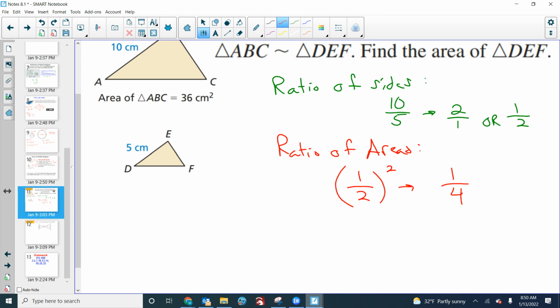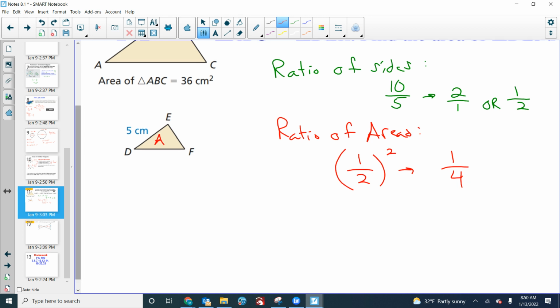And again, this is another one with easy numbers. You probably do not need to set up the next proportion. We're going to do it to develop good habits so that when you get into a messy one, it's easier. All right? So you always, if you're looking for the area, set up the proportion with 1 to 4 or 4 to 1. 1/4 equals, and since the little one went up top, 1, and the bigger number went at the bottom, 4, then the